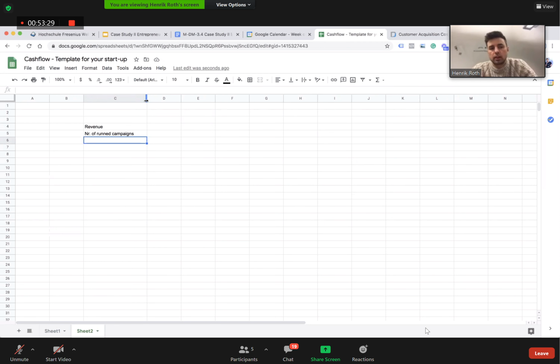And the average price per campaign is, let's say, 10,000 euros. In the first month, let's say here is January, you have 1 customer. In the second you have 2, 3, and so on. Then you just calculate the price times the amount of campaigns you run. This could be one example. The other example could be